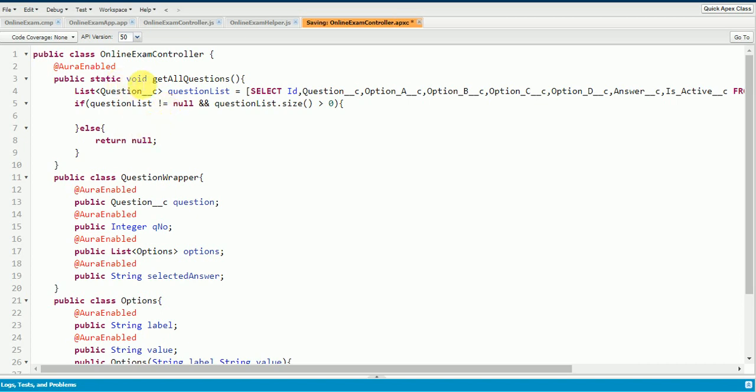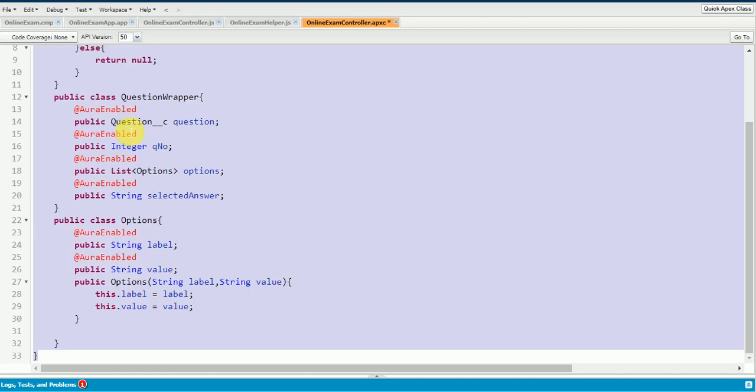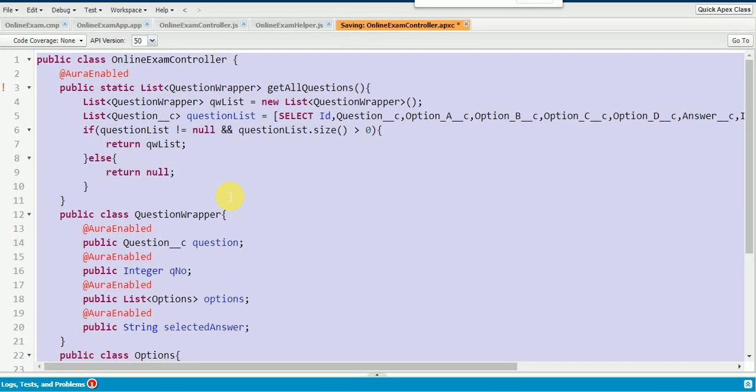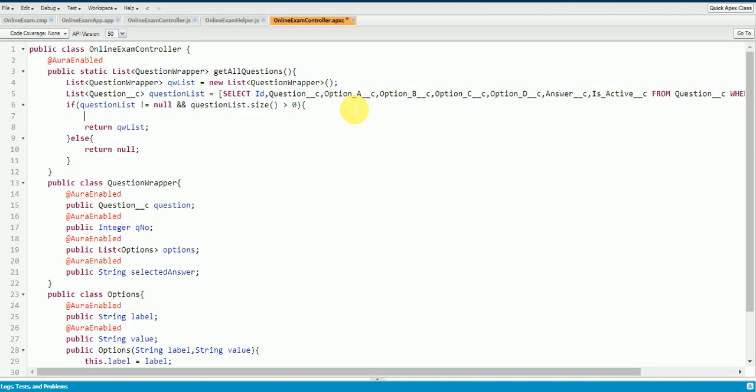The return type of this method is list of question wrapper. And here I'm going to declare an instance of the question wrapper list, that is nothing but qwList is equal to new list of question wrapper. I'm going to return this in the end, which says return qwList. Now I'm going to loop this question records, each question record.